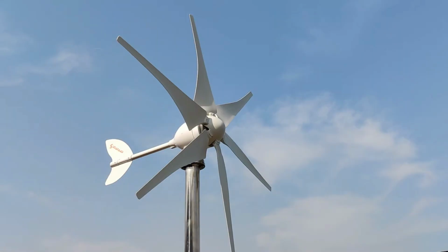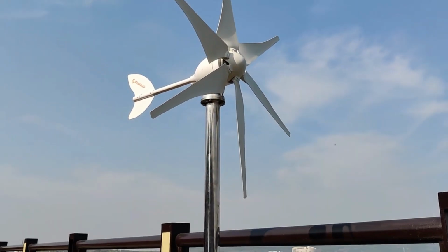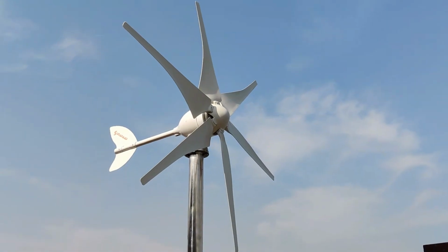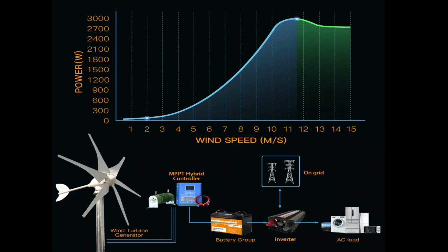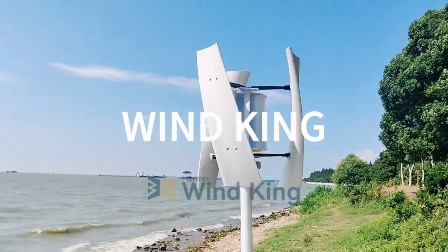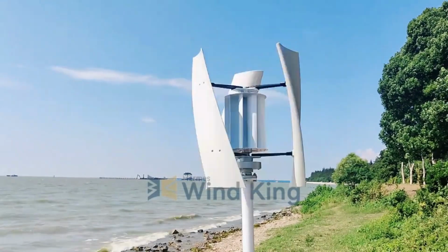Efficiency and energy output, factors influencing energy production: wind speed, turbine size, location, the concept of capacity factor and how it impacts energy output. Horizontal axis wind turbines, HAWTs, description of HAWTs, most common type, advantages and disadvantages, popular designs